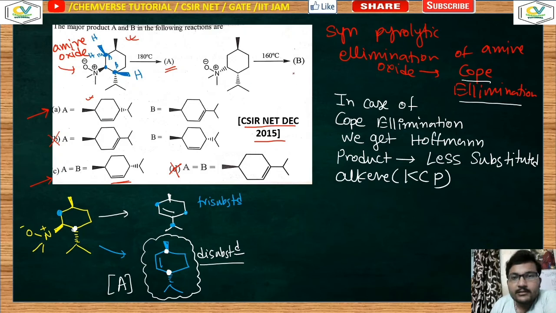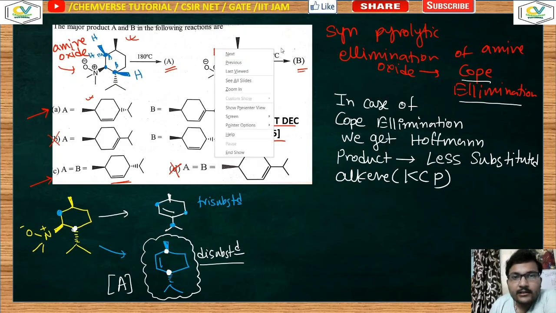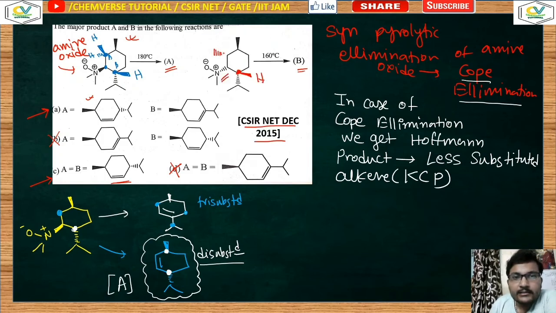Now we will move on to our second one. What will be the structure of product compound B? Now look at this. This is in the below position. Over here it is one beta carbon, and this beta hydrogen will be in the above position. So that is not suitably oriented. That is not a syn elimination. So in order to perform the syn elimination, there is one hydrogen here. Over here there is one hydrogen in the below position.